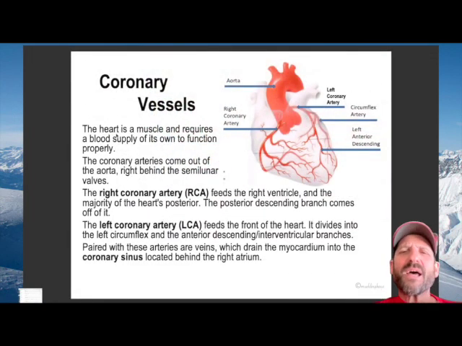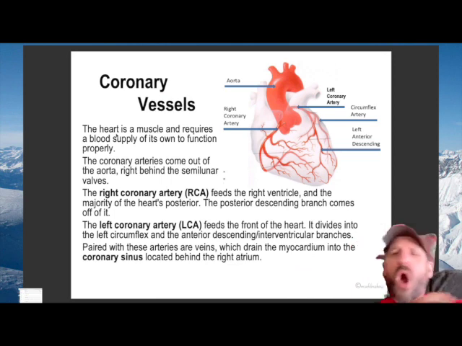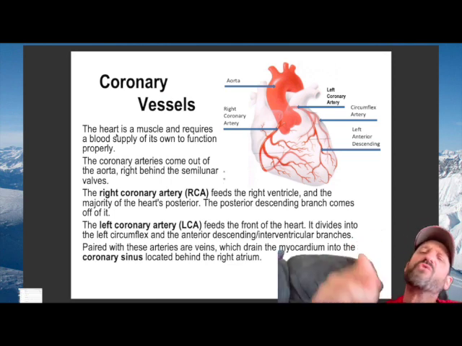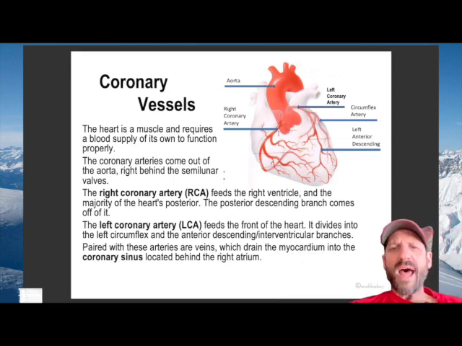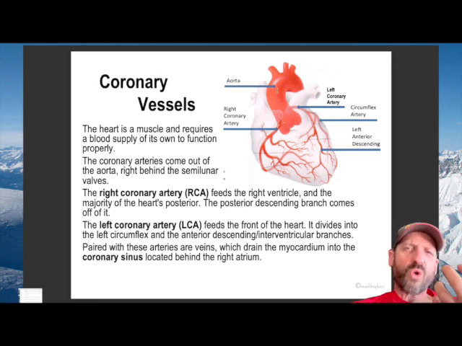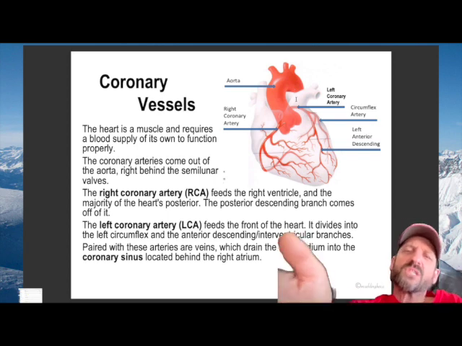Okay, and then we also have that the heart is a muscle, and so it needs food for its own muscle as well. But it can't get the energy and the nutrients from the blood that's inside of the chamber. It has to get it from vessels like every other organ, and so it has its own blood supply that comes right out of the lower part of the aorta, the big vessel that comes out of the left side and carries the blood to the whole body. It goes up like that and it arches and goes down into the chest and then through the abdomen, and at the end it splits and goes into the legs.